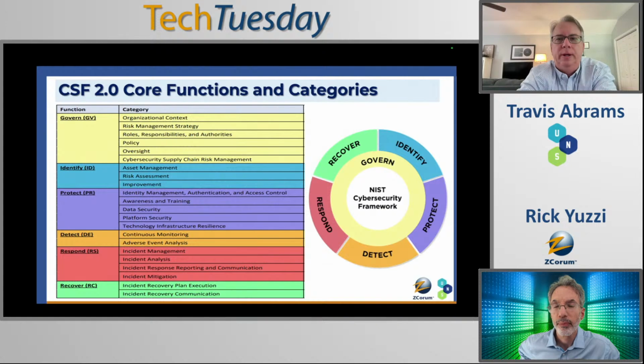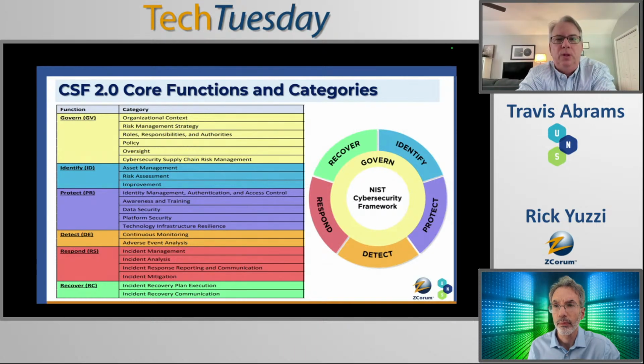Yep, absolutely. And again, remember, having your organization, your executives, having the right policies, the procedures, the right roles and responsibilities in place is really what's going to set the stage for everything else within the NIST framework.